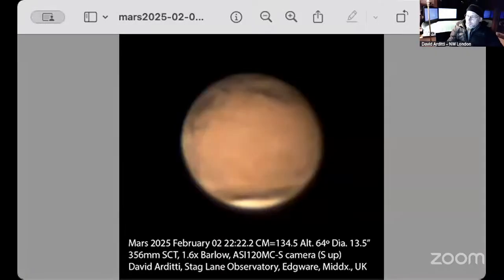There it is. And so here the Solus Lacus is this feature on the upper left. Mars is rotated round a bit to the left compared to the live view that we were looking at. And Solus Lacus has this dark core and then this also dark rim to it. And in this image also, you can just about see the volcanoes, not directly, but you can see them because they're